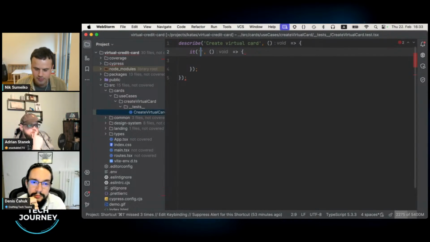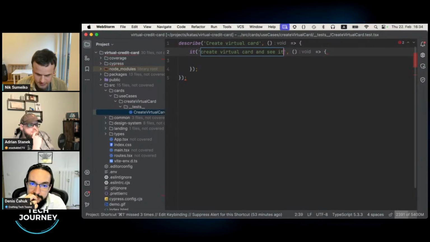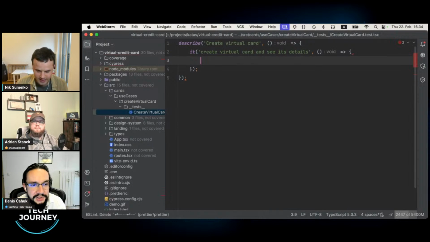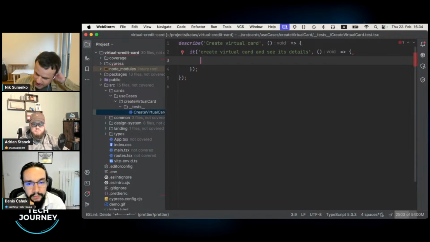An explanation of my user journey could be something like: create a virtual card and see its details. And it's important that it's in plain English, right? You don't want to be very technical in these tests. Exactly. Otherwise, they are coupled with technical details and these details might get outdated soon.